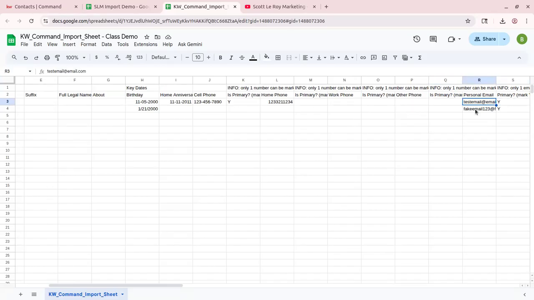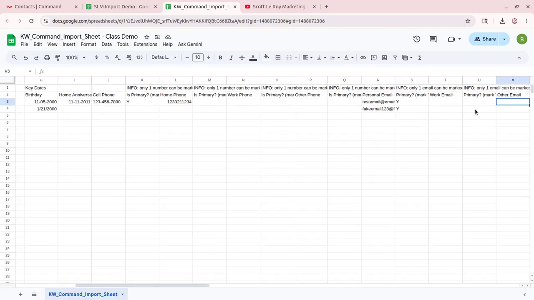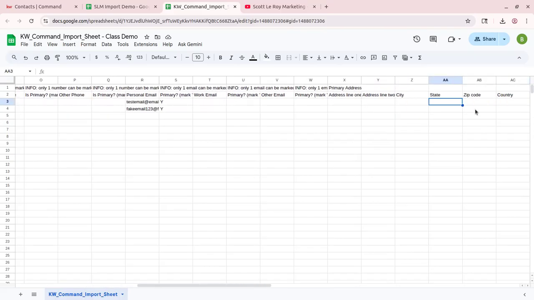Alrighty, so then you have our personal email. Same thing, we have to mark one of them as primary, and only one of them can be marked as primary. Moving through. And our address line right here. So if we enter an address here,